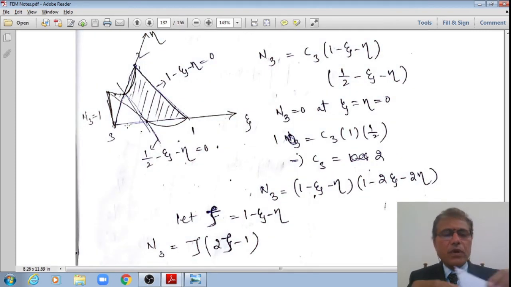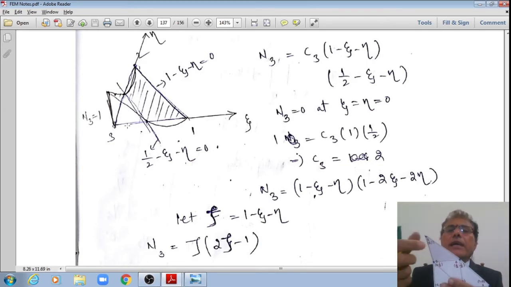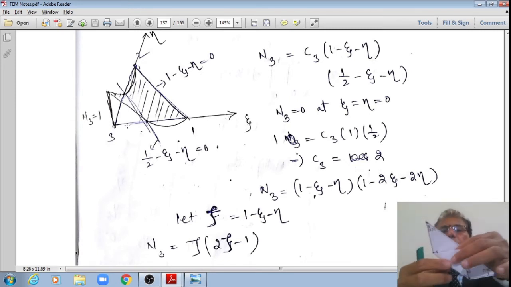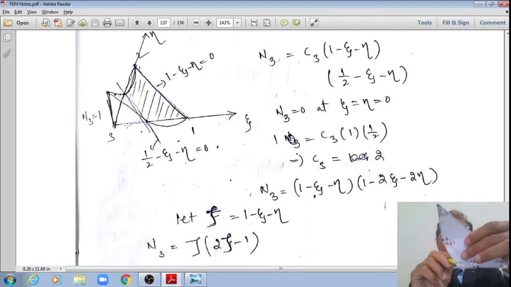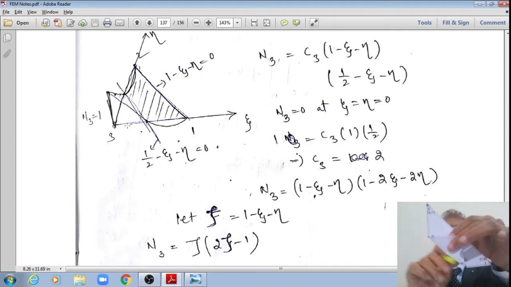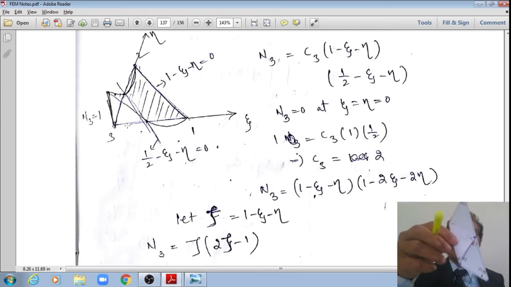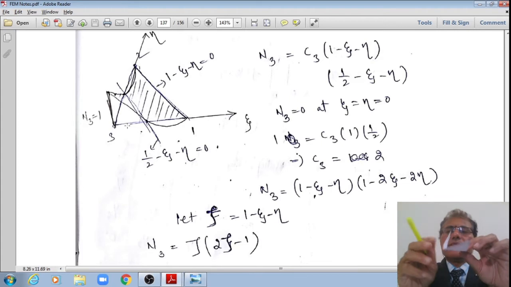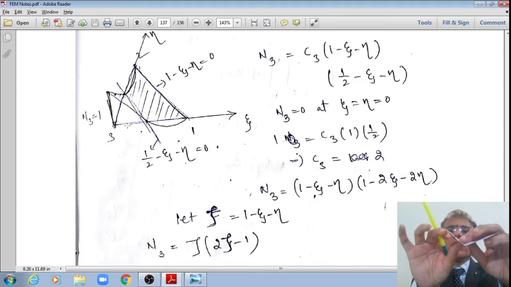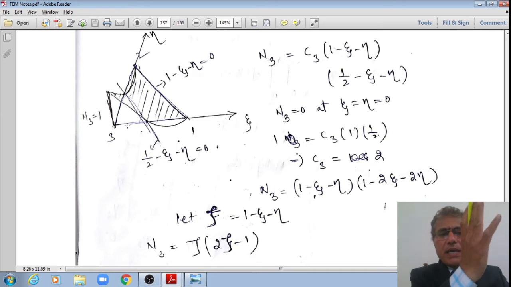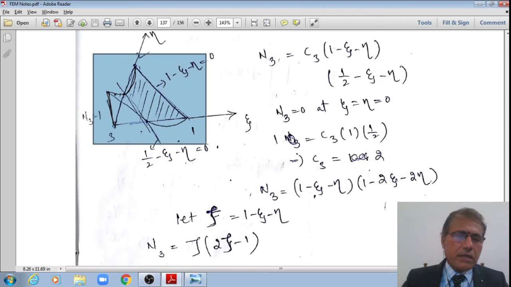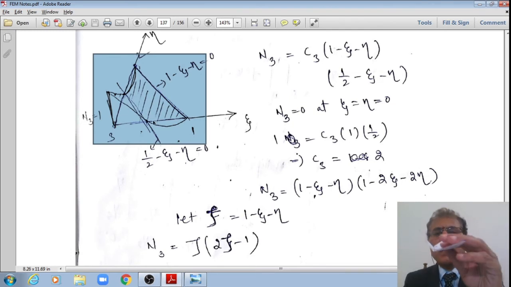At node 3, if a load is applied at node 3, then the entire load will be absorbed by that node, and by the time it goes to the line connecting nodes 5 and 6, it becomes 0. Later onward, over the other surface area also it is 0, right. That is how it is varying from 1 to 0, and that is how it is quadratically varying. That is depicted in this 3D schematic. I hope you understood this 3D schematic that I have depicted here using this illustration, students, right.